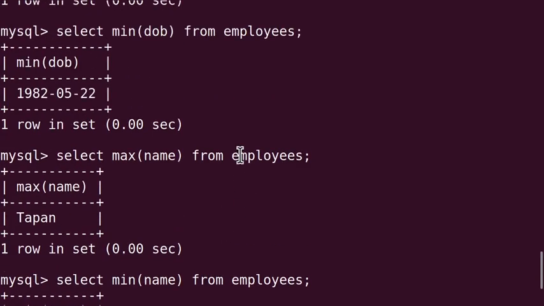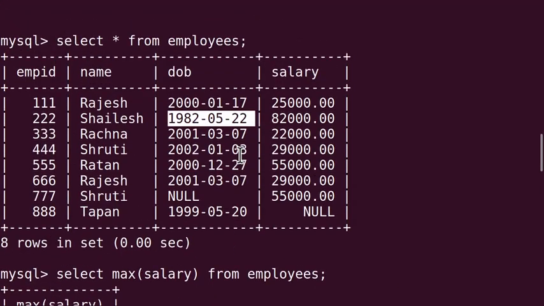Now from the table if we check the name field, in the name field all the names are given. If we arrange all these names in ascending order, Rachna will come first, so we are getting Rachna in the minimum output. Similarly, Tapan will come if we arrange all the names alphabetically in ascending order. Tapan will come last, so Tapan will come in the output of maximum name.